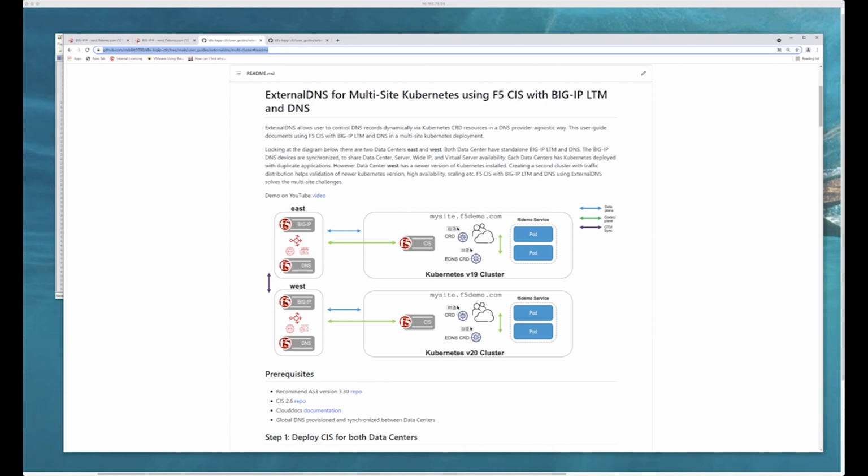Both of the DNS devices are synced, so they're completely synchronized, and that's really important so that you can share the state between the two. And so I'm using iQuery to sync between the two devices. That in itself is really outside of the scope of this video, but we'll go into that a little